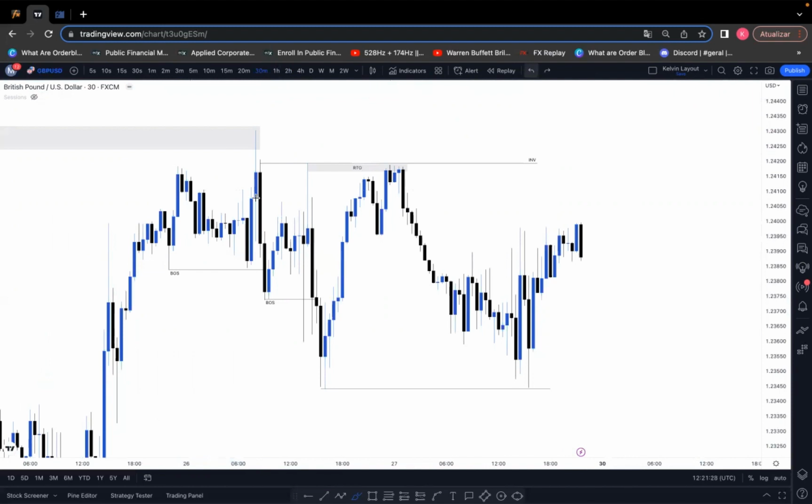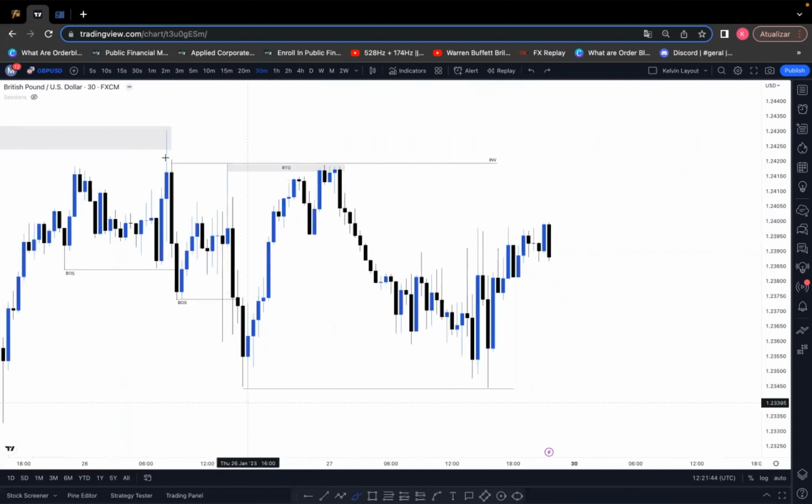So then what happened? Sellers came in strong, broke structure, created the change of character. Then it came back to mitigate this order block that was responsible for the change of character. And it provided us what? Invalidation, because we then had the second break of structure. So up to this point in the 30 minutes time frame, the bearish order flow was confirmed with these two breaks